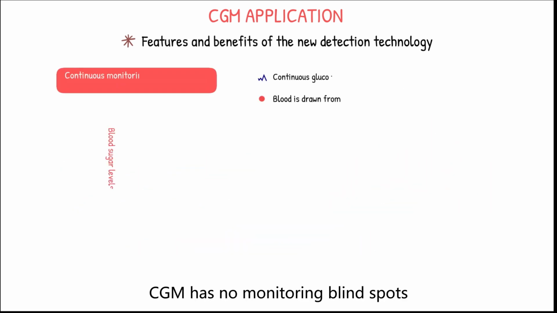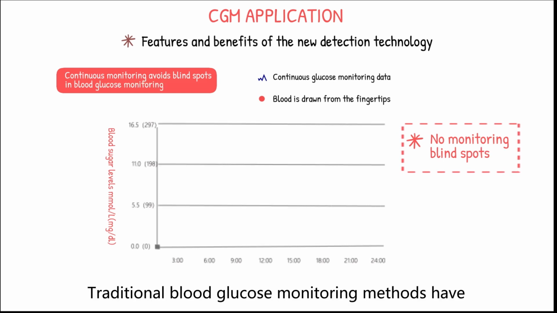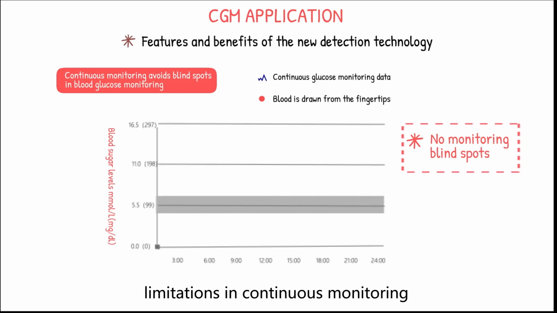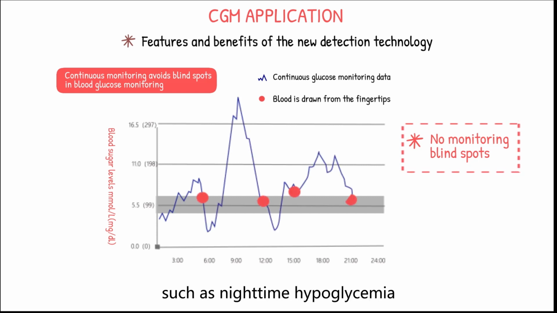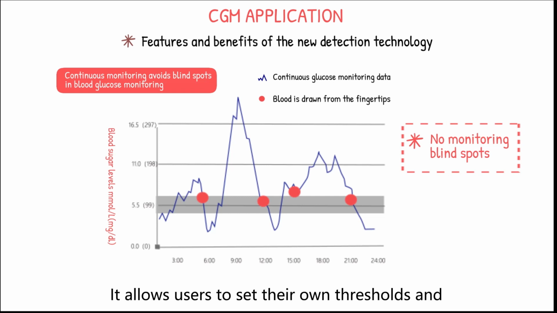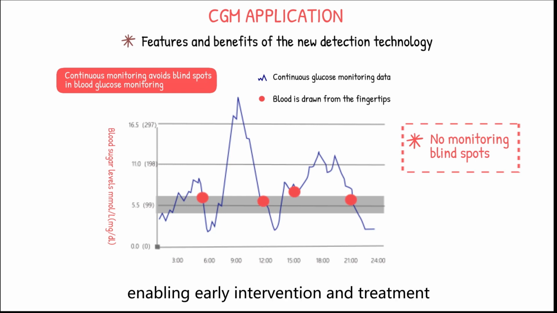Moreover, CGM has no monitoring blind spots. Traditional blood glucose monitoring methods have limitations in continuous monitoring and often miss important glucose fluctuations, such as nighttime hypoglycemia, postprandial hyperglycemia, and abnormal dawn blood glucose levels. CGM, on the other hand, provides continuous glucose data without any monitoring blind spots. It allows users to set their own thresholds and provides alarms for abnormal blood glucose levels, enabling early intervention and